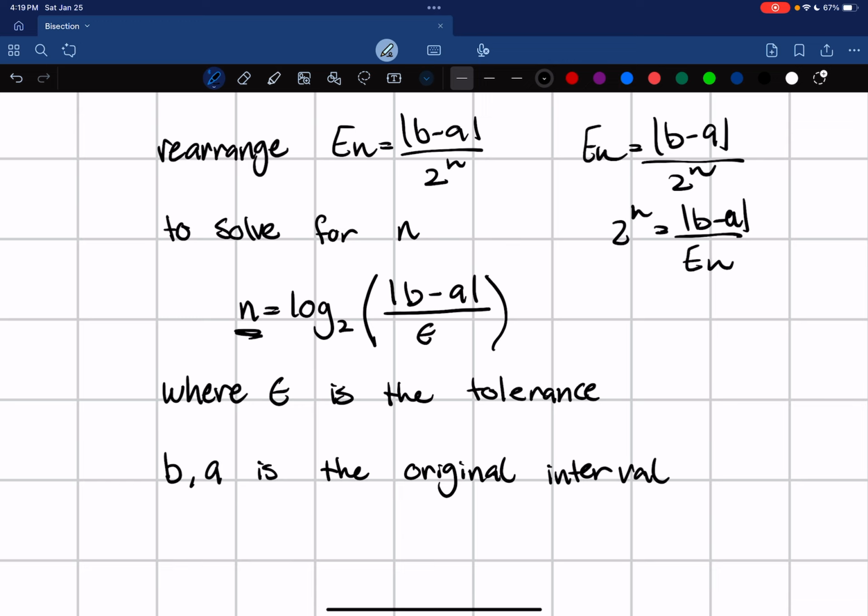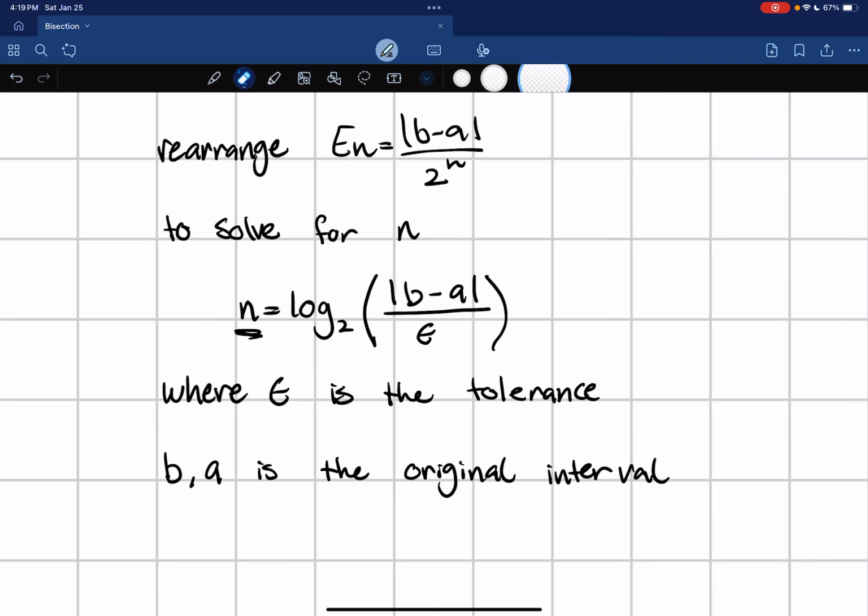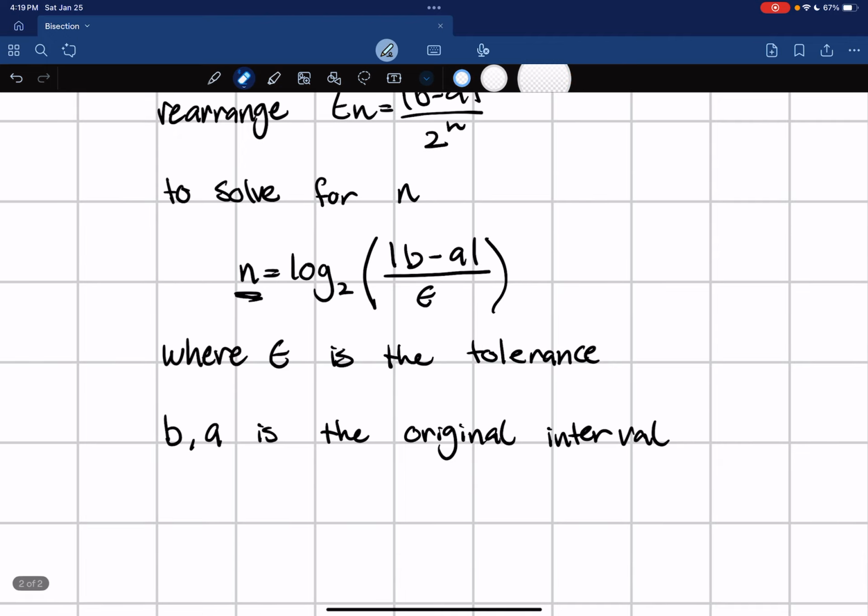And then what we'll do here, we want to bring n down, so we'll take the ln, I think it will be n ln 2 equals, and obviously if you ln this side, you ln the other side, and then from here you know how to isolate. This is just basic rearranging. After you've done your rearranging, this is the final equation you'll come up with,